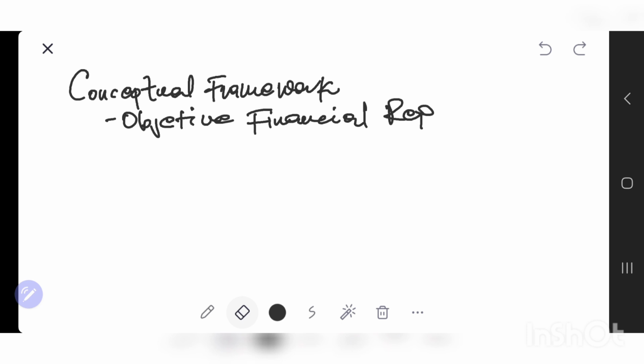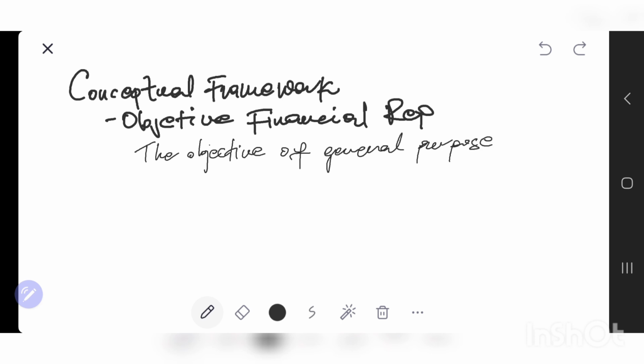So the objective of general purpose financial reports is to provide financial information